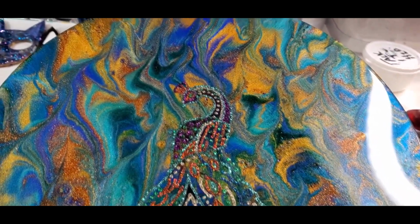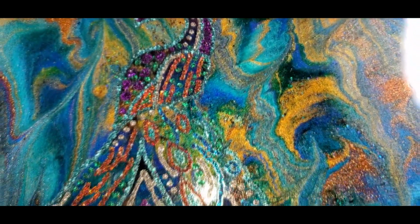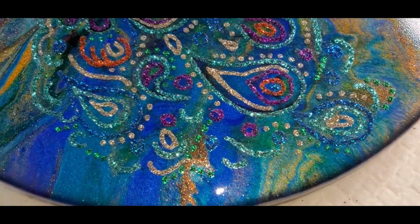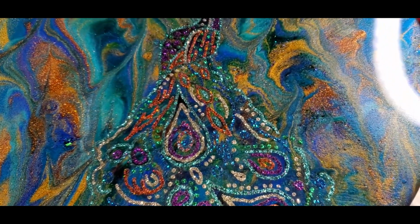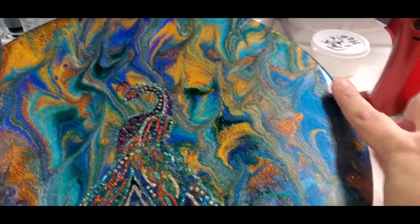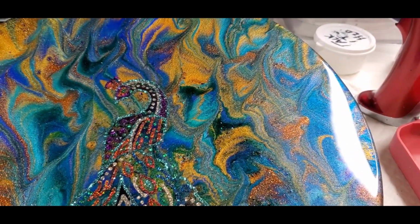But with this piece and these colors and Sir Peacock, as pretty as he turned out, which I wasn't going to glam him up as much either, but like I said, that glue pen is very addictive. I just don't want to take away from it. So what I have decided to do is put a thin layer of UV resin along the edge, and then I have